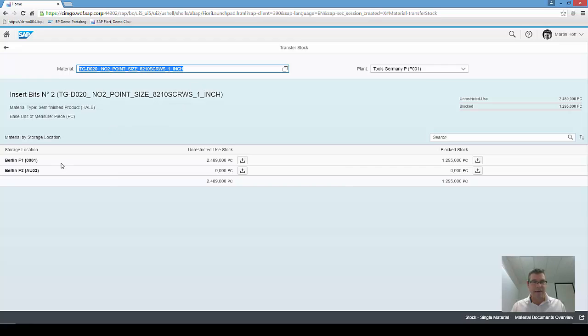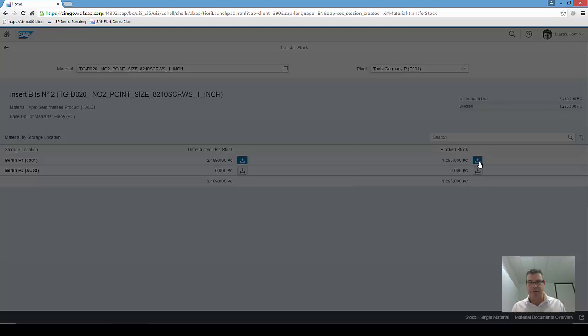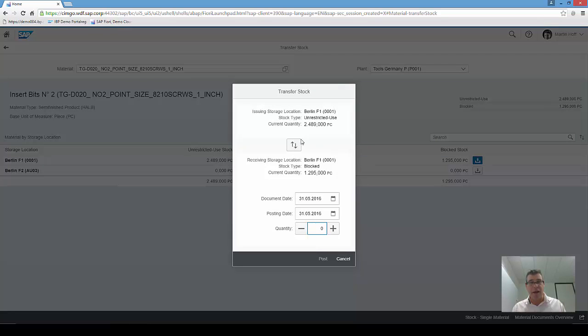And here we can see again that I've got these items in 2 different locations and I've got them in 2 different stock statuses. For instance, if I wanted to change a status, I can click on this icon here and it will then not do anything until I tell it where to go to. So that go to could be the other storage location, or it could be go to blocked stock. So if I click on blocked stock now, it will say, okay, you're changing this from unrestricted to blocked stock. How many? Let's just do the 1, and we can see it's